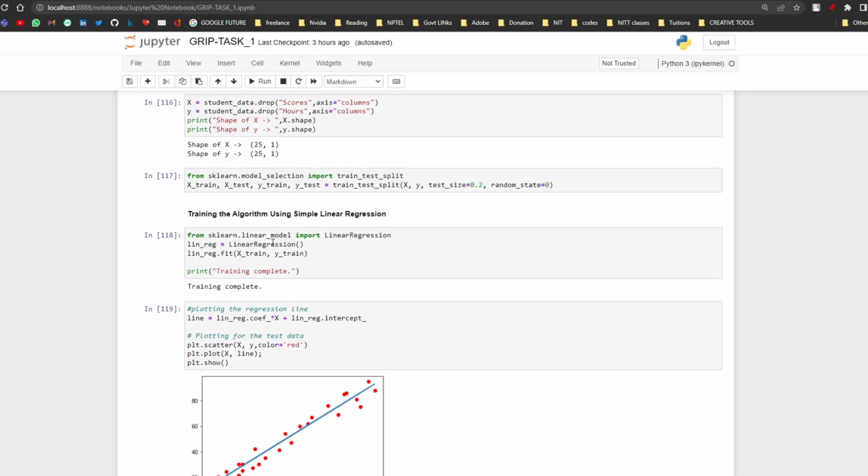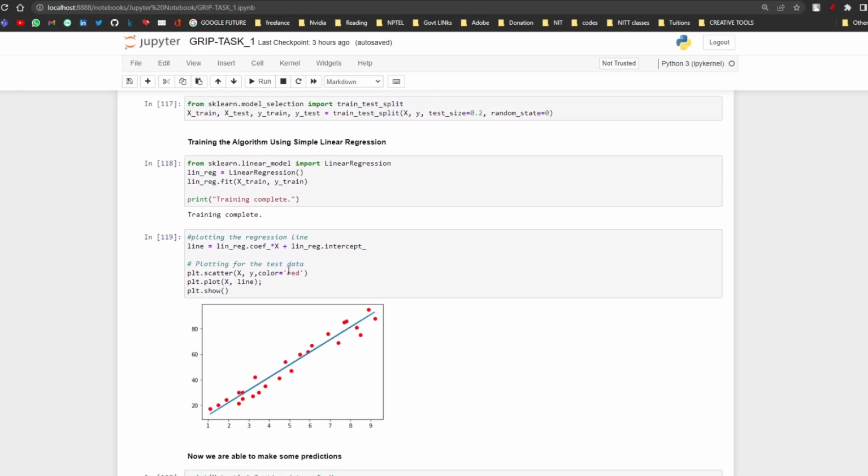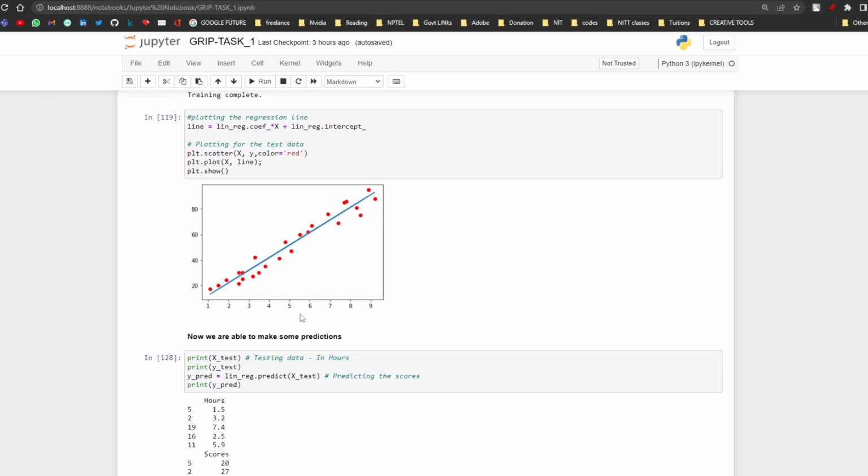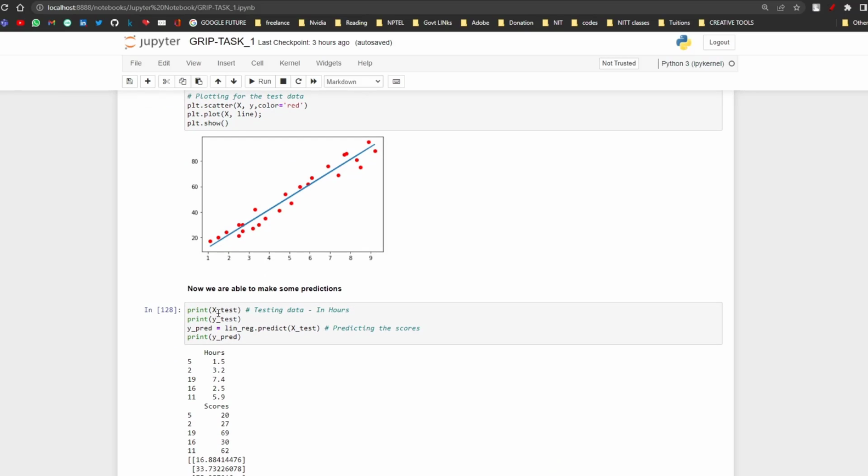So after that I've imported the linear regression and then passed the required parameters into the fit function, and after that I've plotted the linear regression line so that you can see how my predictions will work. And after that I've plotted that line and the particular points on this graph, and after that started some of the predictions. So just for sake I've used the X test prediction,